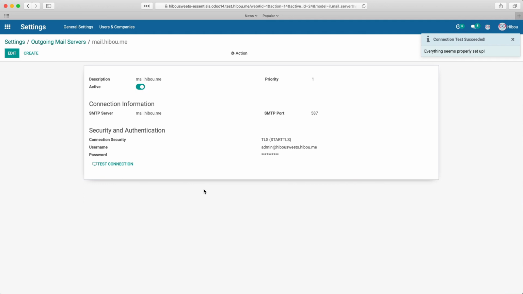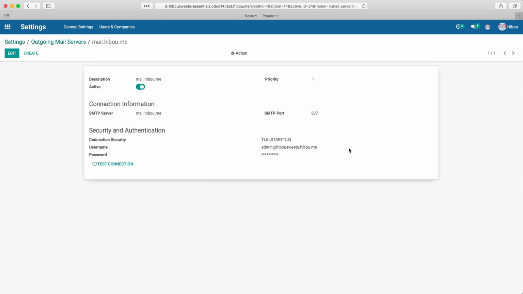Now, I want to be very clear about something that is important when it comes to the outgoing mail. This mailbox and user that's set up as the outgoing mail server must be capable of sending as though it is anyone in your organization, which is also known as disabling strict from headers. We'll see this come into play as we review email routing and outcomes. It needs to be able to send as a user, for example, tom@example.com, without directly connecting to Tom's email account. So it sends as Tom without being Tom. This is how users can send emails back and forth to customers and have those emails appear to come from a user, which is more personal, rather than